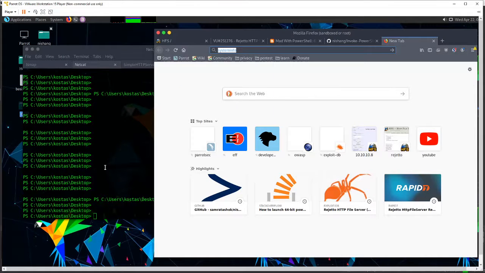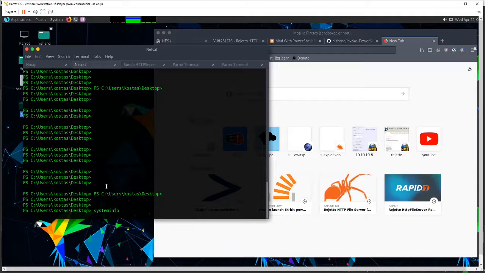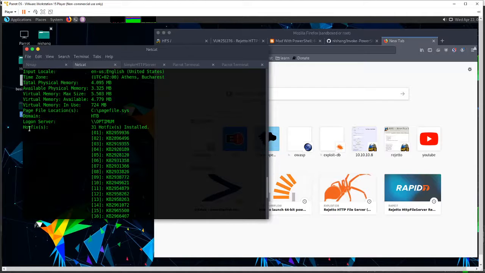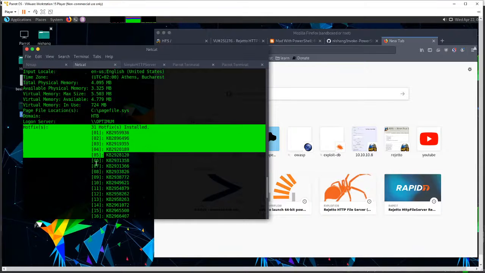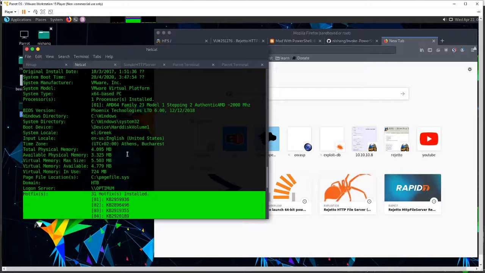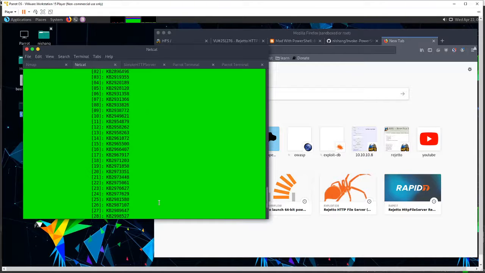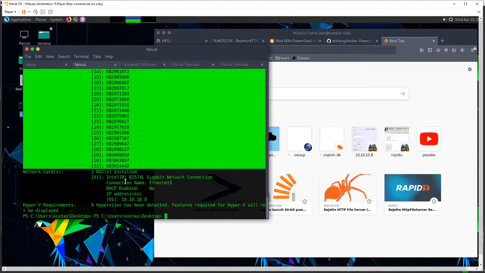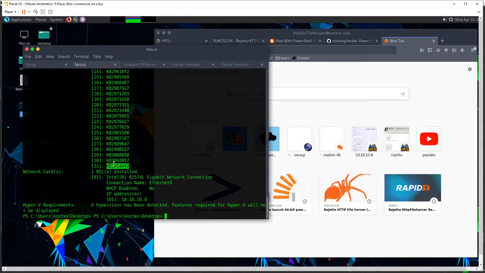We can see some good information here on the machine, such as the hotfixes. Now, I'm actually going to go ahead and execute a script called Sherlock. It's going to check all these hotfixes here for certain vulnerabilities. So instead of me going through these hotfixes one by one, checking what these patches were, or cross-checking any exploits I do find, I know people who use Metasploit, what they'll use at this point, now that they